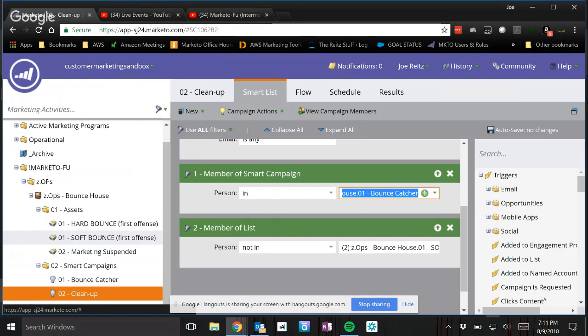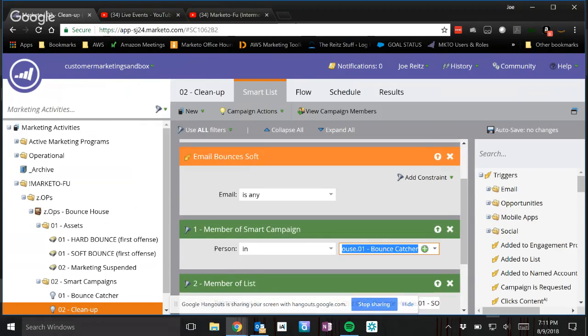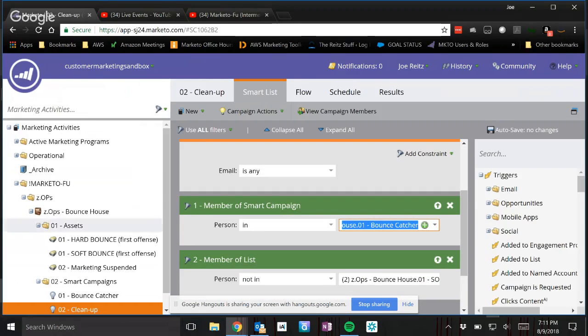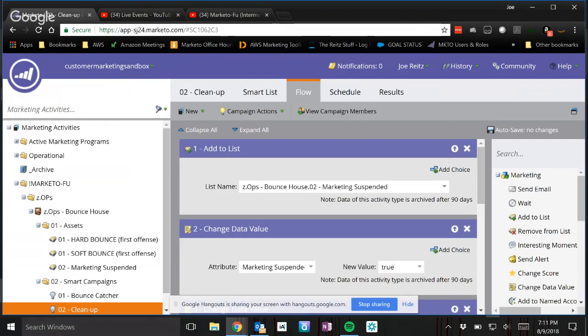The reason I set it up this way is I remove them from these lists so that we can have certainty that this isn't going to fire just because they're a member of the smart campaign and they're still in that 2-week wait period. So by making them not a member of these lists and deleting them out of them, I can better manage that. Then over to the flow, what we do here is we add them to a list marking suspended,